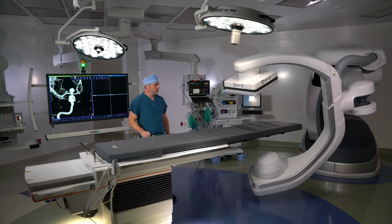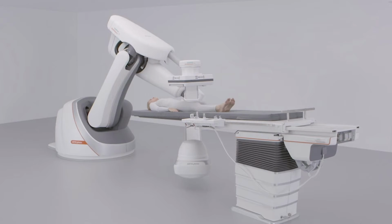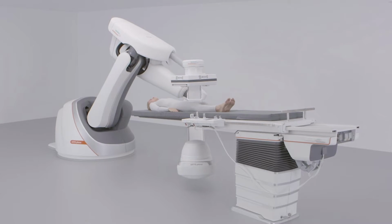the monitors. This allows us to perform these procedures with excellent precision and accuracy, resulting in safer patient outcomes. The robot will also allow us to execute these procedures with lower radiation dose and lower IV contrast use. The robot's incredible imaging quality and versatility allow us to expand the scope of endovascular procedures we're able to offer